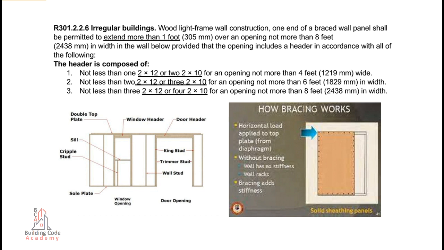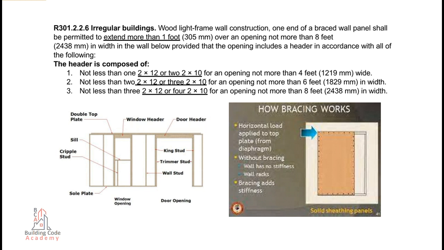R301.2.2.6 Irregular buildings. Wood light frame wall construction, one end of a braced wall panel, shall be permitted to extend more than 1 foot (305 millimeters) over an opening not more than 8 feet (2,438 millimeters) in width, in the wall below, provided that the opening includes a header in accordance with all of the following. The header is composed of: